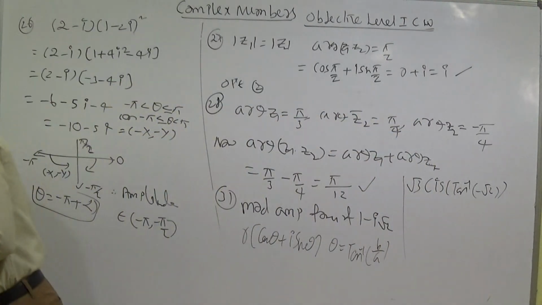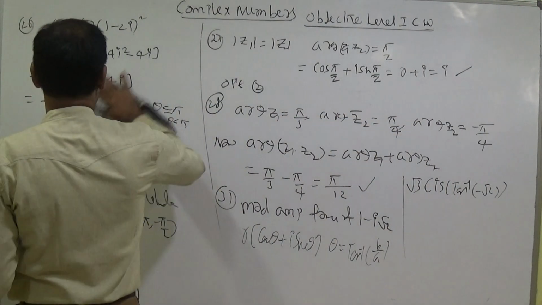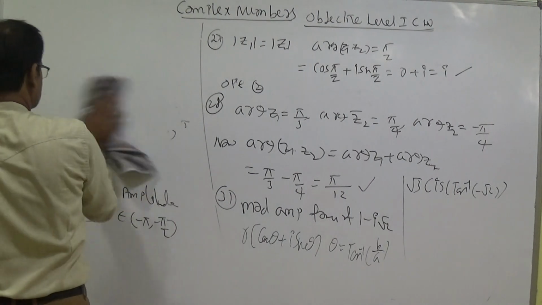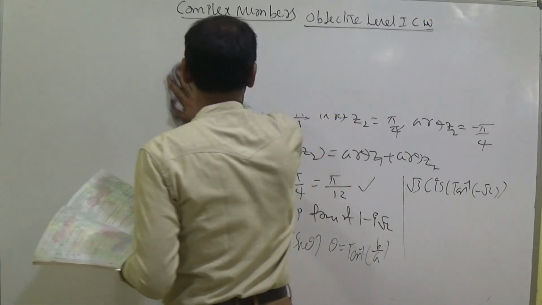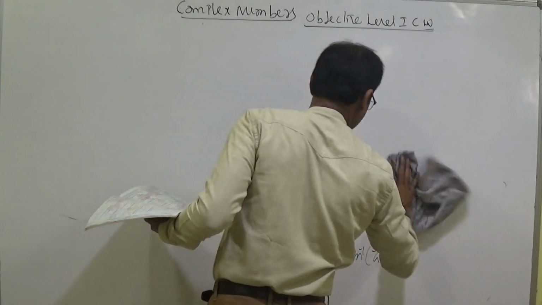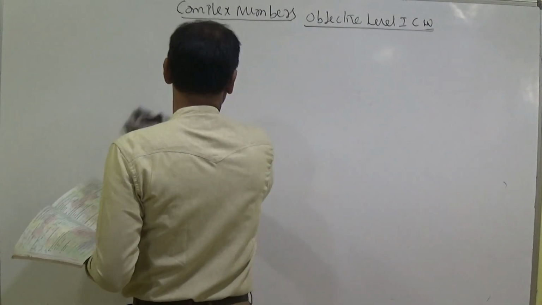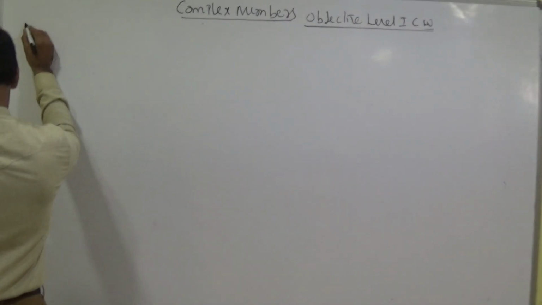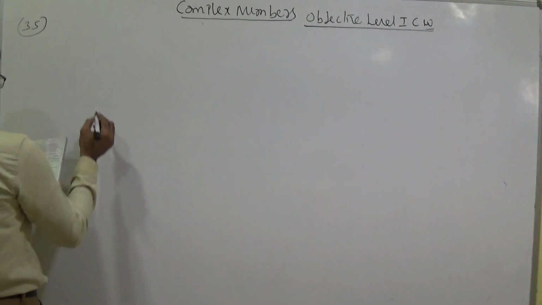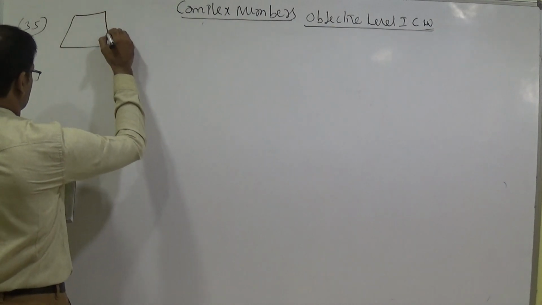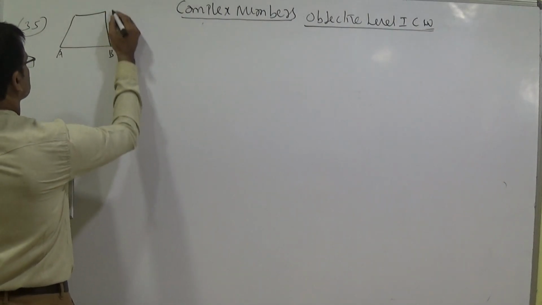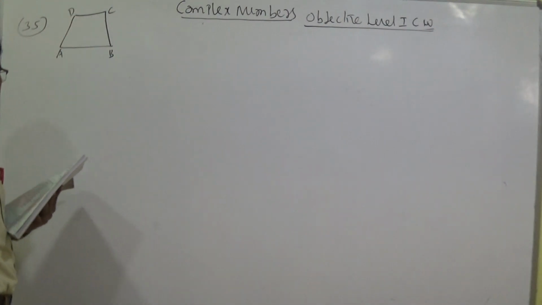Now 35th question. Because 31, 32, 33, 34 we have completed using Euler's concept, we discussed the sums. The points 9 plus i, 4 plus 13i, minus 8 plus 8i, 3 minus 4i in the Argand plane: 4 vertices are there. Let us discuss about it. It is a quadrilateral.